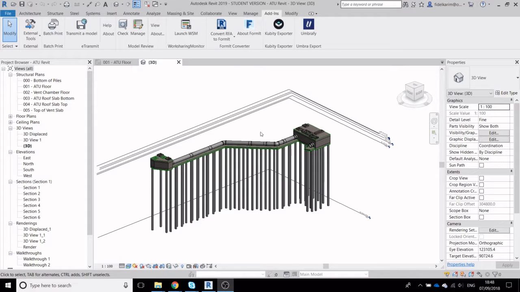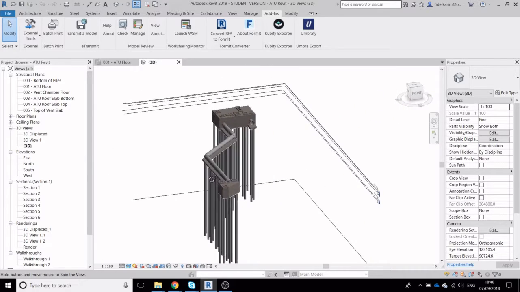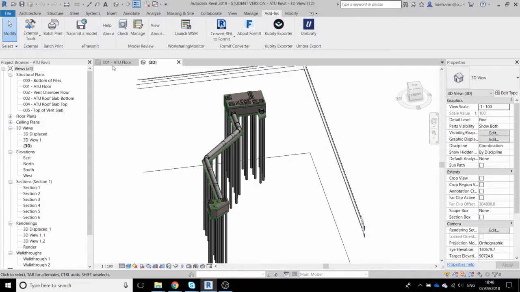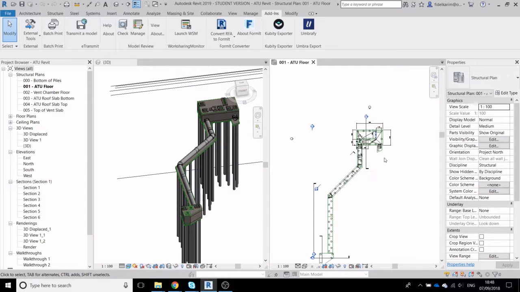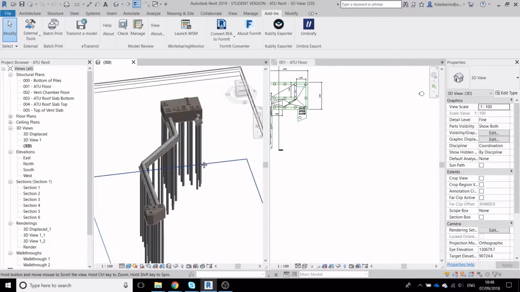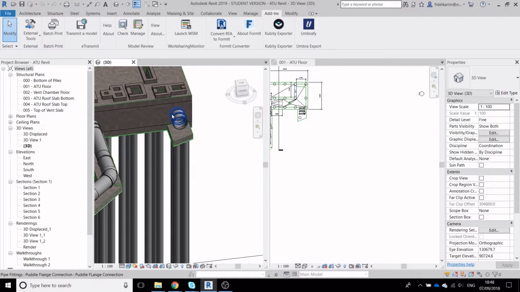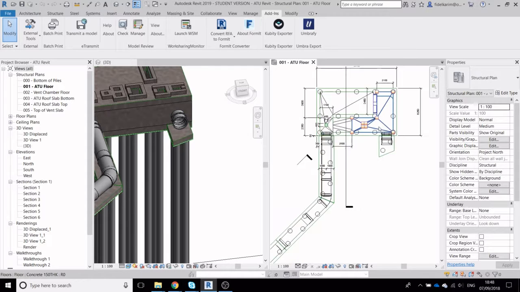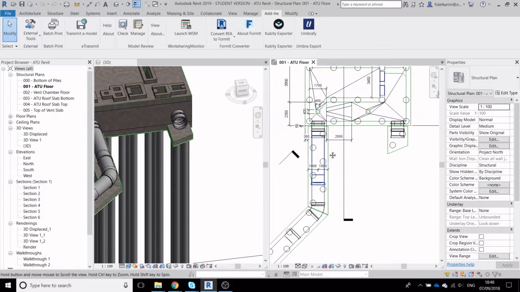Sup. Basically, in this video, we're going to be going through how to create this air treatment chamber. All you have to know is what this does: there's a big drop shaft here where sewage comes in and goes right down to the bottom. Air rises up and comes through this pipe. Then it travels through some carbon filters here. Basically, they're filters full of carbon which absorbs bad smells